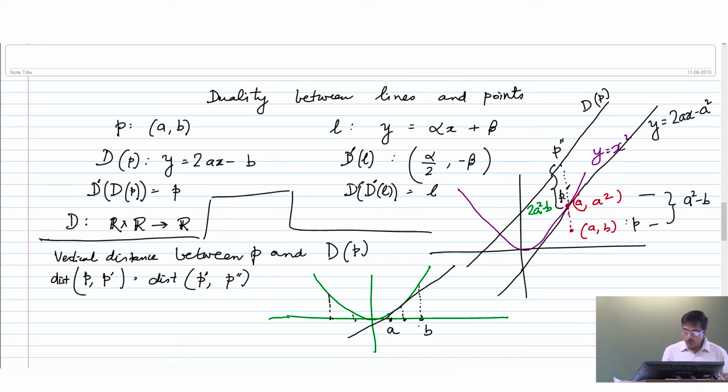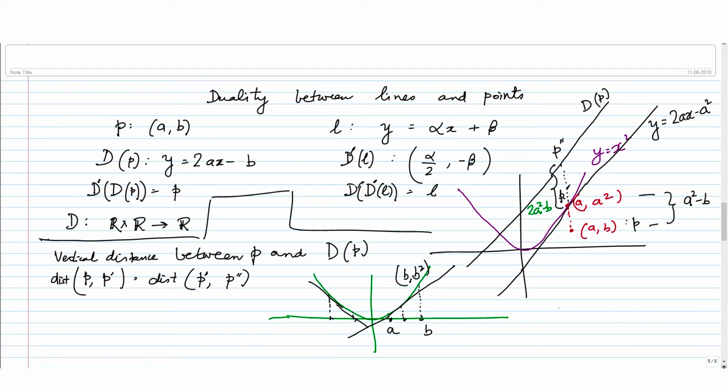So, what do you do? You draw all these tangents, okay, and if you draw that intersection. So, I do not know, have you done this transformation actually? Right. So, this is the same transformation drawing except that it is in 2D. Now, what you can do using this dual transform, you can show that the distance between, so this is basically point B comma B square, right. So, the distance between A and B